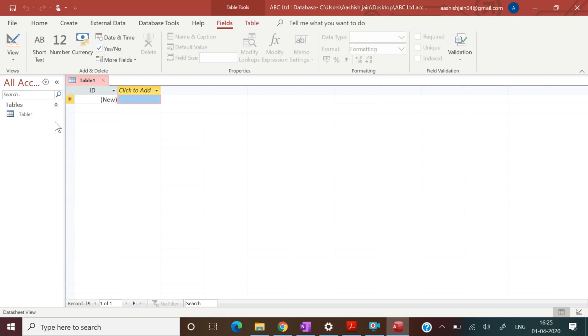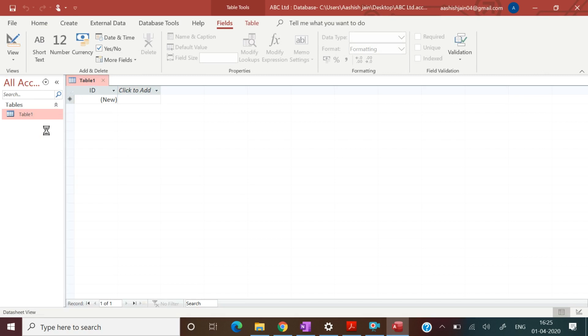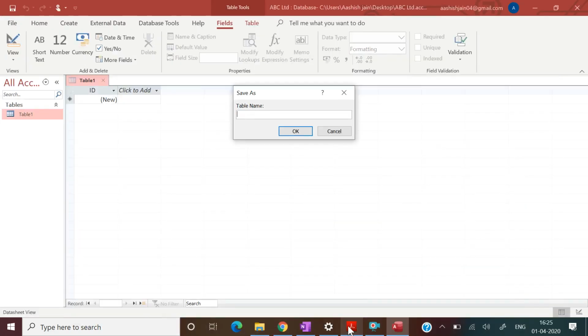Now we need to create our first table. Right click, design view. First table is employee information, sorry, employee information. Click OK.